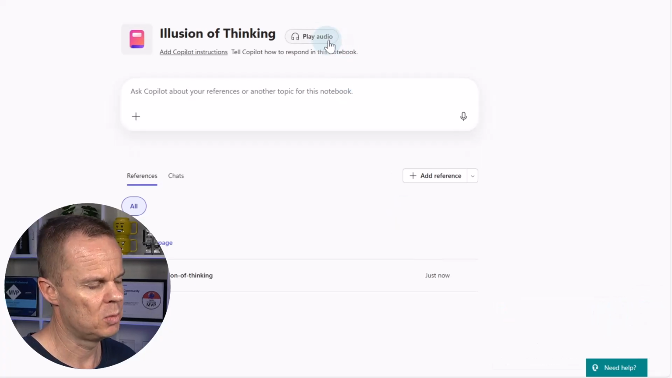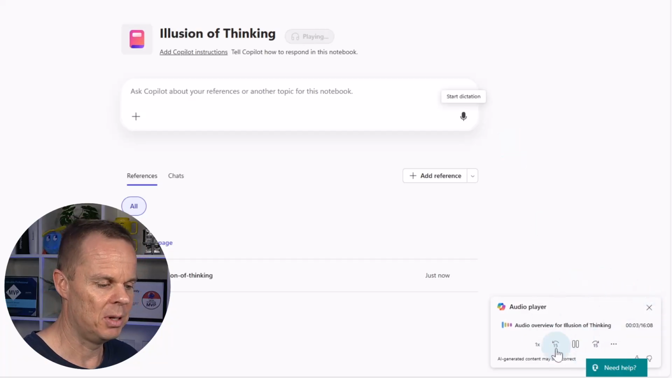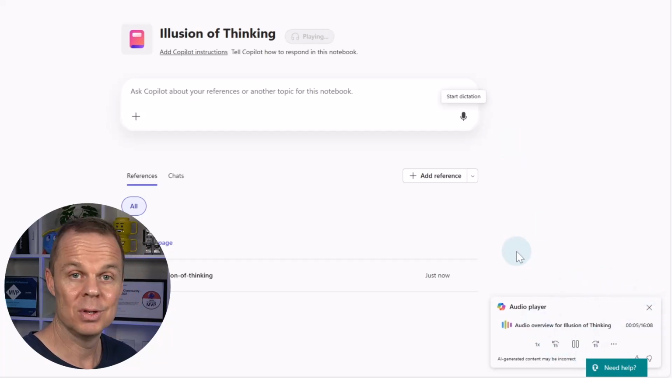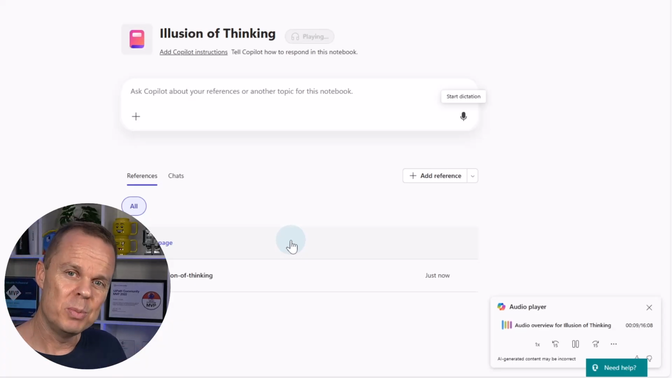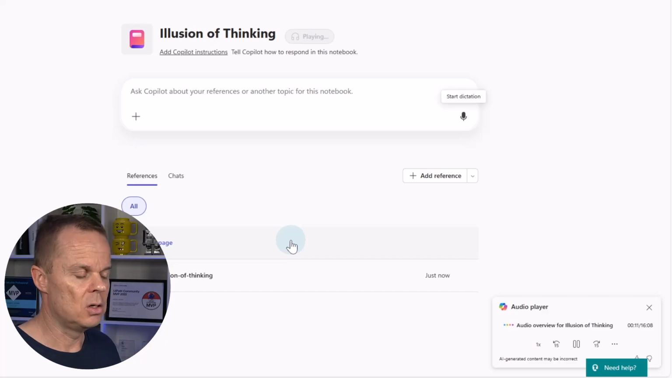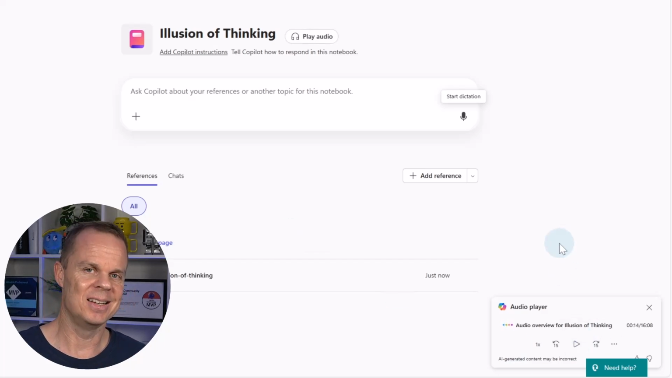Hey everyone, thanks for joining us for today's overview. We're diving into a fascinating exploration of how the latest AI models tackle reasoning and the limits of their thinking. Have you ever wondered if today's smart language models